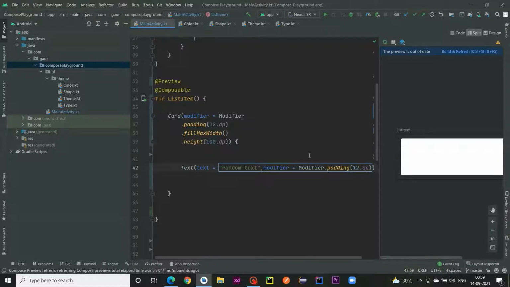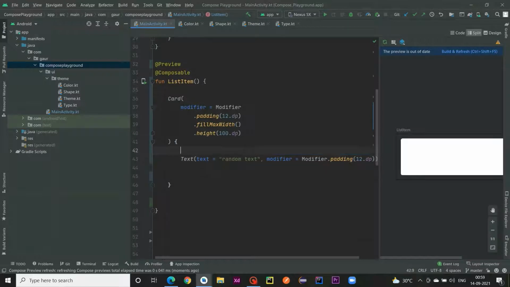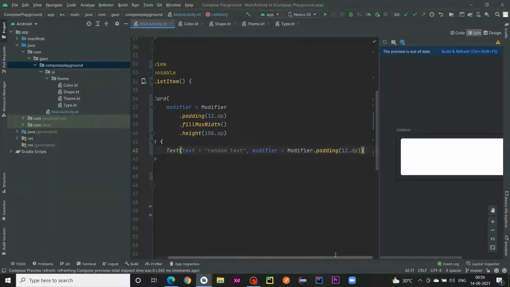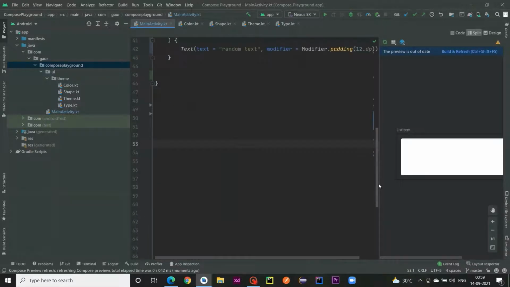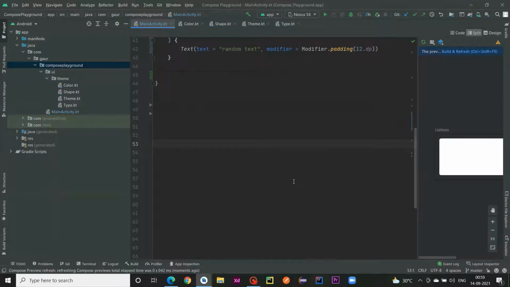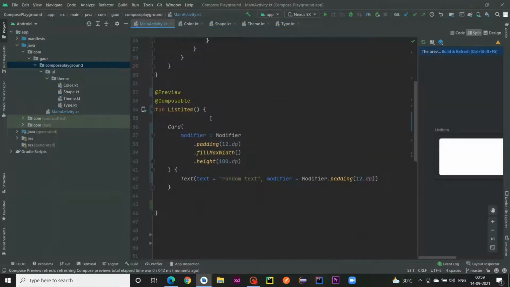I don't want to do anything extra with these things. So this is a very simple composable. So this is our list item basically. All right, so we are successfully creating our list item, and I need to pass the data which we want